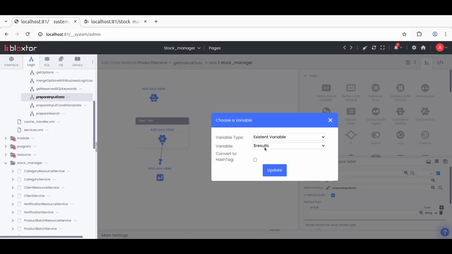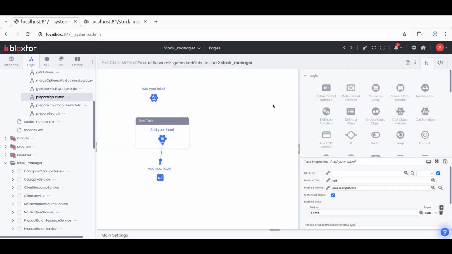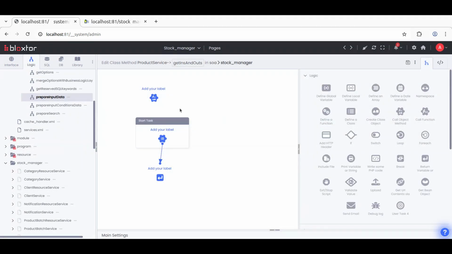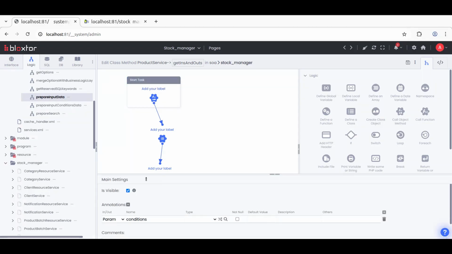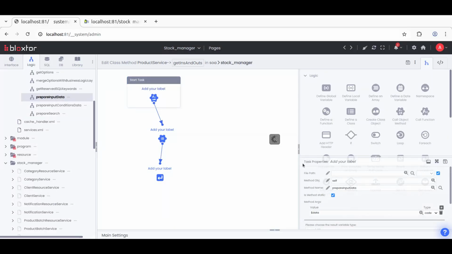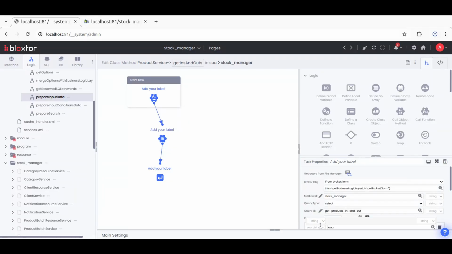So we can just put here the input data that we receive in this service, in this method that we are creating here, and we can simply save this. So basically what we are doing here is we are calling the prepare input data, where first of all, we are calling this service with the data variable, and that input will have the conditions item. Then we are calling the prepare input data, and this method will parse that conditions item inside of the data,